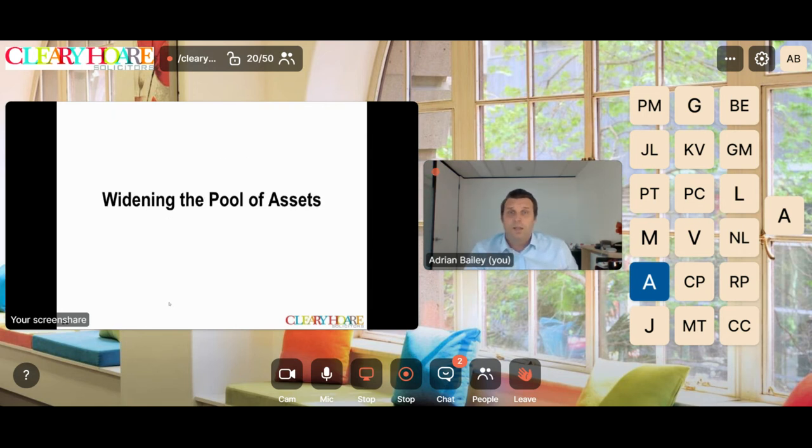So what about widening the pool of assets? We've seen how we can shrink them, or things that will automatically shrink them. Now we need to think about the things that will actually draw assets back into our pool. And that's, as I mentioned before, where things like the timing in terms of our relation back date, the date our bankruptcy is deemed, is important, because in terms of widening the pool, many of these things are widened by using clawback